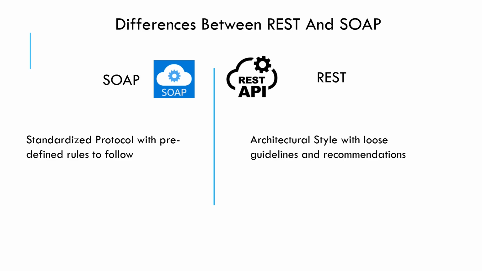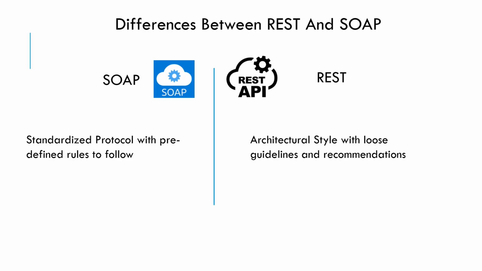But in REST, there is no such contract. It's a loose kind of style where we have some guidelines or constraints, but there is nothing called a formal contract. And there are some recommendations which we should follow if we are trying to achieve